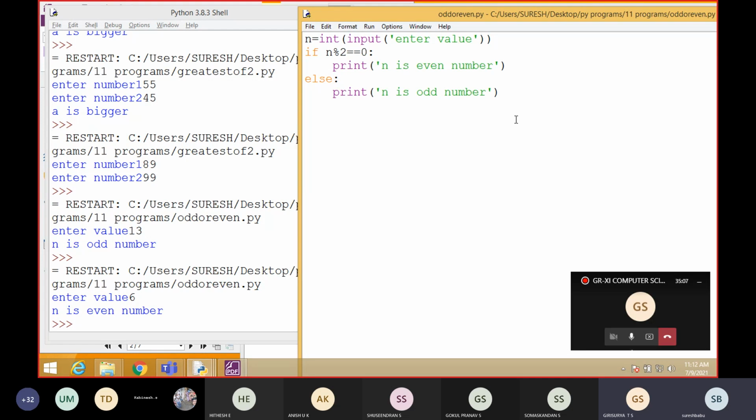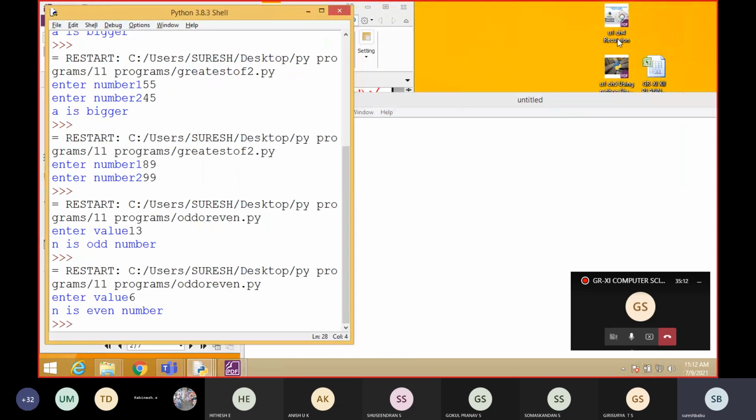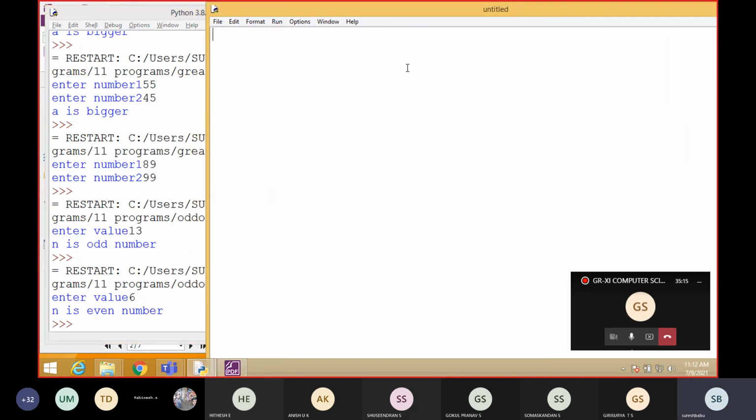So like this we are going to see another program. I'm going to give the question like this. That is a comment. This hashtag means that is a comment. It is not going to execute and not going to disturb your program. Mostly they will write WAP, that is write a program. Write a program to find the given number is positive or negative.